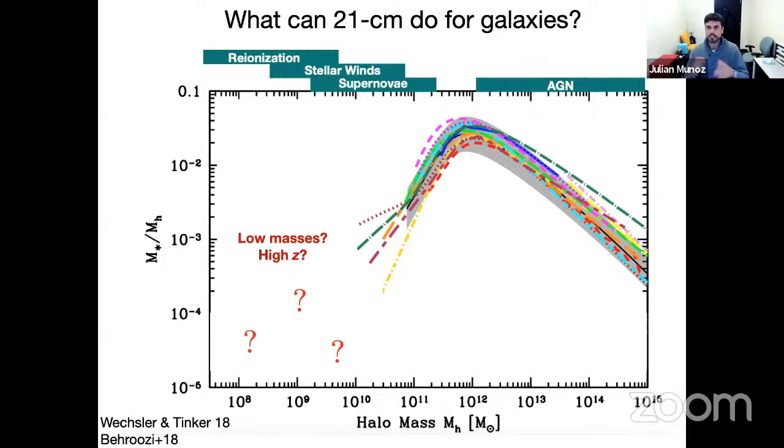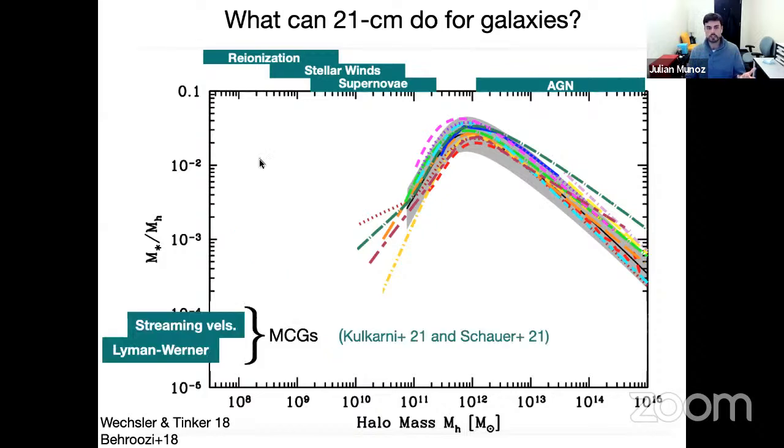And of course, modeling this is very complicated. So we turn to semi-numeric simulations, which I'll describe in a little bit. But the idea is to be able to resolve down to the first galaxies that cool through molecular lines. And these molecular cooling galaxies, or MCGs, in addition to having all the sources of feedback that we've heard about in this conference, also suffer from stream velocities, from dark matter-baryon relative velocities, and Lyman-Werner radiation that further dissociate molecules